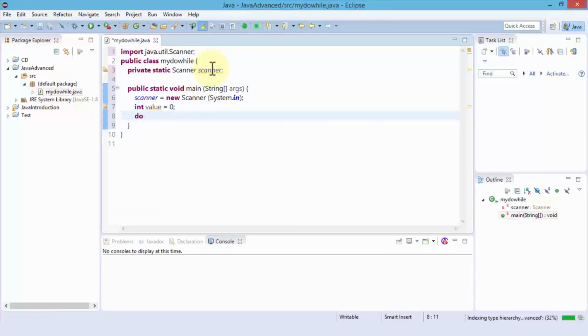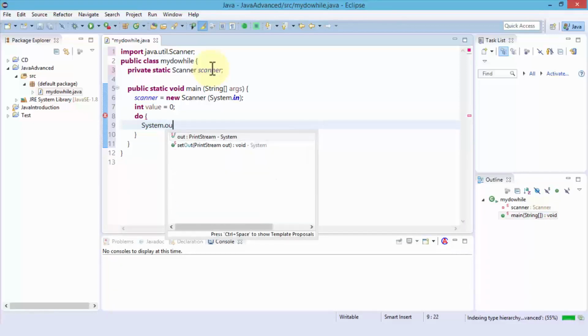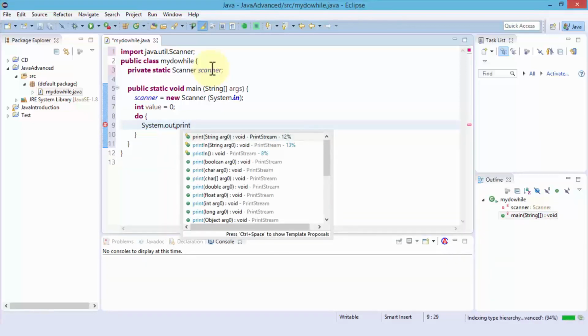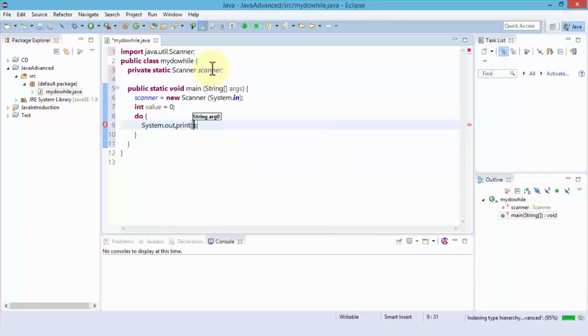So I'm going to type do, open the curly braces, let's do a printout, so System.out.print, and of course I can use println or print, and then I'm going to say enter a number, close the parentheses with a semicolon, and then do value